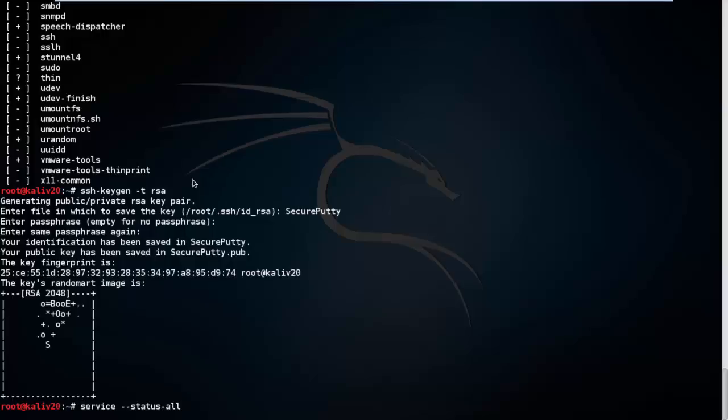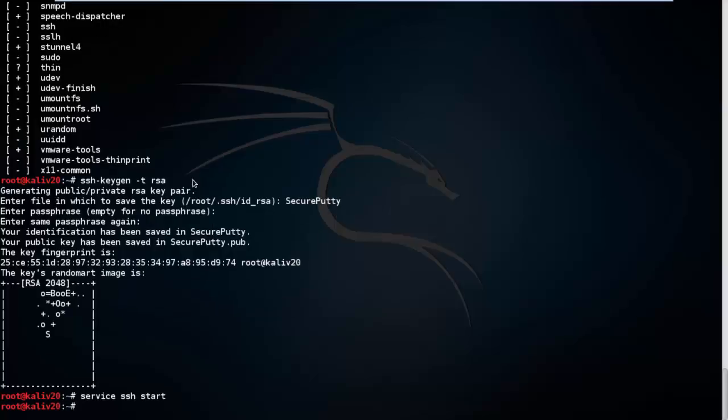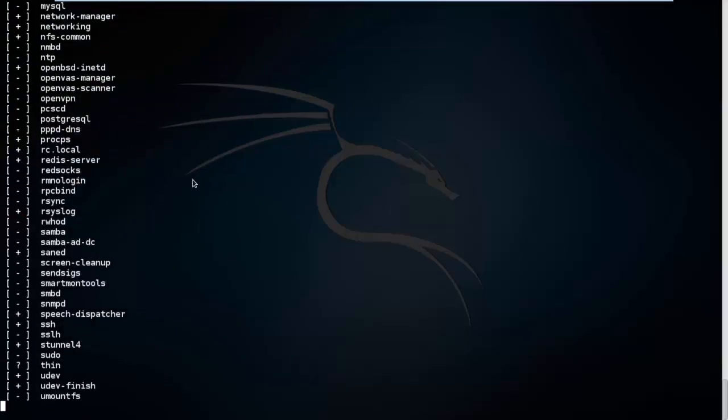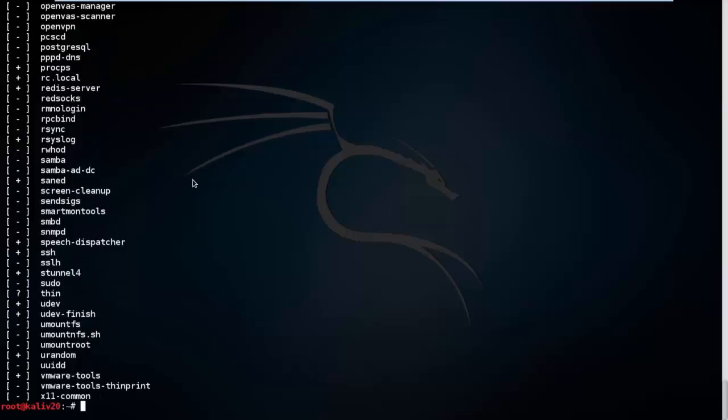Now if I go back in and I type in service SSH start, you'll see that it should now have started my SSH setting. And so if I go back now and I type in the status, you should see that SSH is now running. Now it's not going to allow me to log in yet. So we see SSH now does have a plus by it, but I'm still not going to be able to